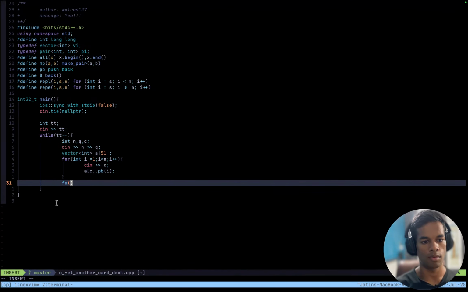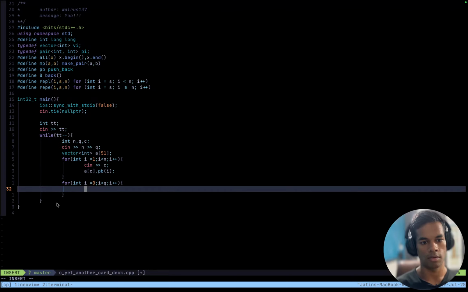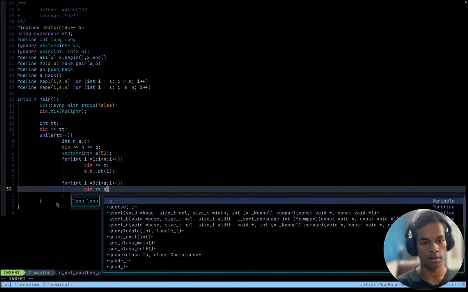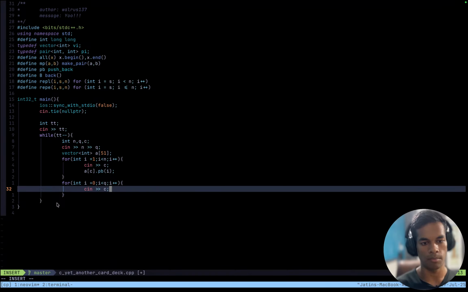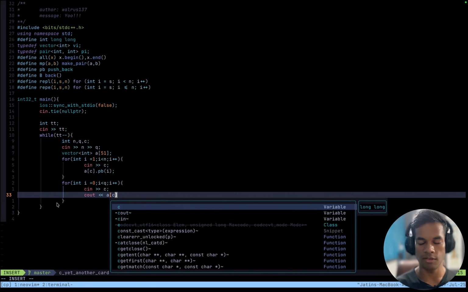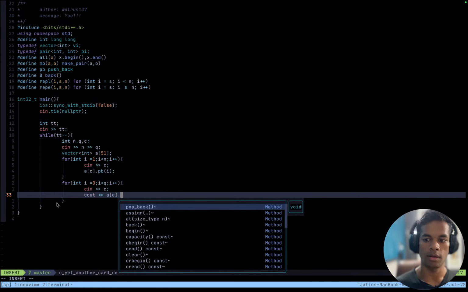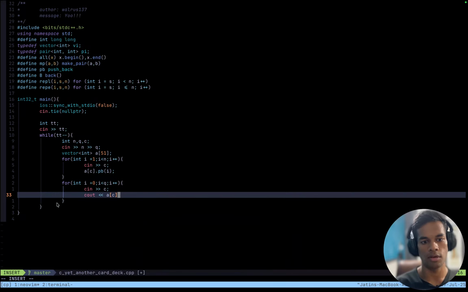For i equals 0, i less than q, i plus plus. Let's say c is the current query. Then for this, I find the highest card with color c, out of a[c]. c is the card, and the highest element is at index 0, right?